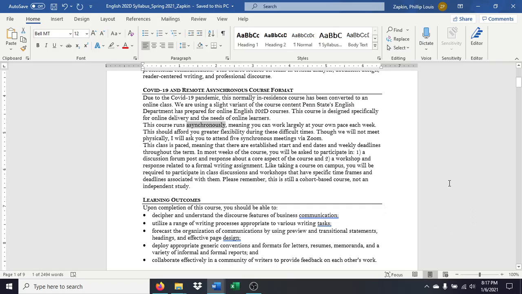This course is asynchronous, which means that we're not regularly meeting in person or via Zoom. You get to work through this course largely at your own pace, but the caveat to that is that there are established start and end dates for the course and weekly deadlines throughout this semester.